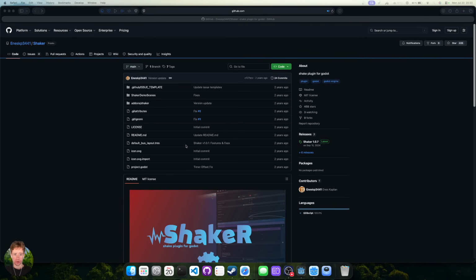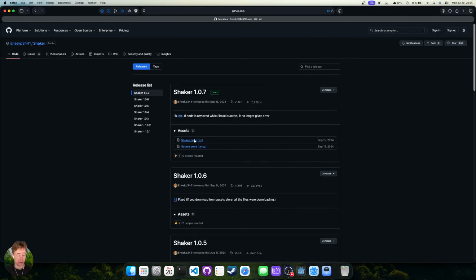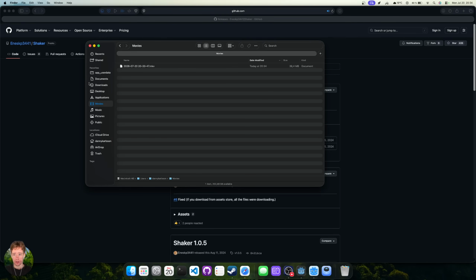Okay, I'm gonna show off the shaker add-on in Godot. So I'm gonna go to releases. It was like 2 years since this was updated, but it seems it doesn't need to be updated. I'm gonna download the zip file, and then I'm gonna go into my downloads, and then we have the add-ons